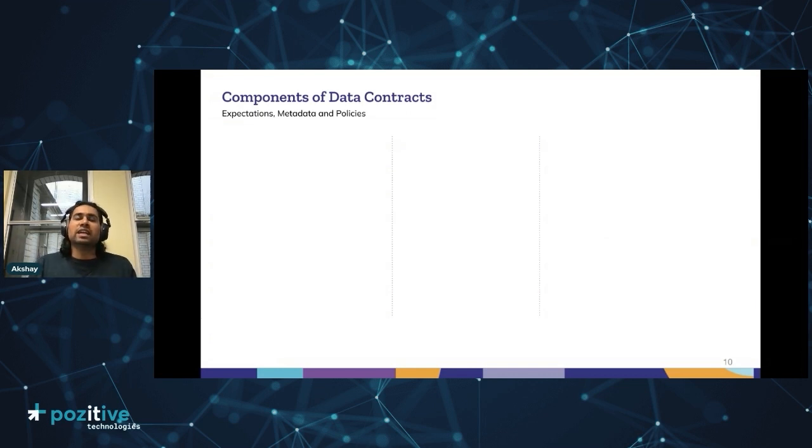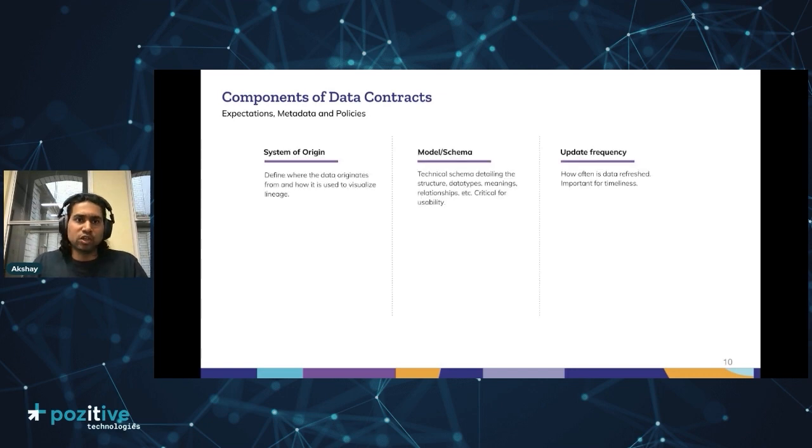So in terms of components of data contracts, whenever you're designing a data contract, these are the kind of things that you may want to consider. You have the inputs, which is your systems of origin. This is where you start defining contracts with your producers. If they are internal, you can start having discussions with them to understand how they'll be providing data for you, and then start discussing what should be the model or schema of those data sets that they may be providing.